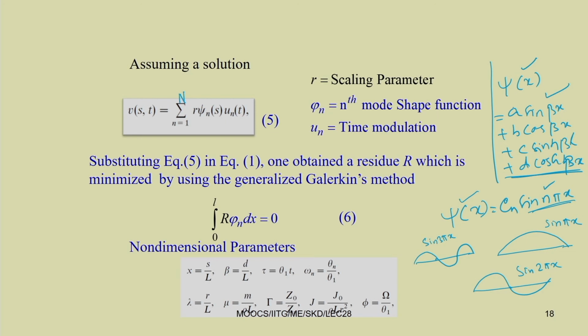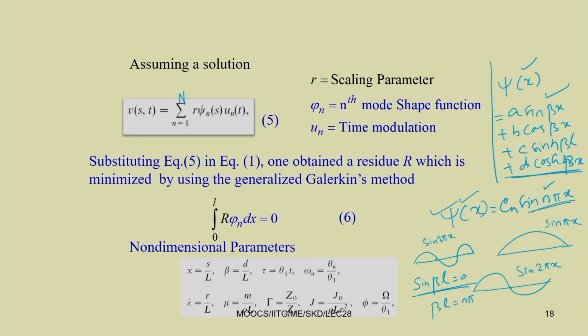When we put in these boundary conditions, we can get some characteristic equation. For example, in case of the simply supported beam, the condition is sin beta L equal to 0, from which we know beta L equal to n pi. Similarly, in case of the cantilever beam, the equation is cos beta L into cosh beta L equal to -1. By solving that equation numerically, you can find the beta L values, and after getting them, you can draw the mode shapes.